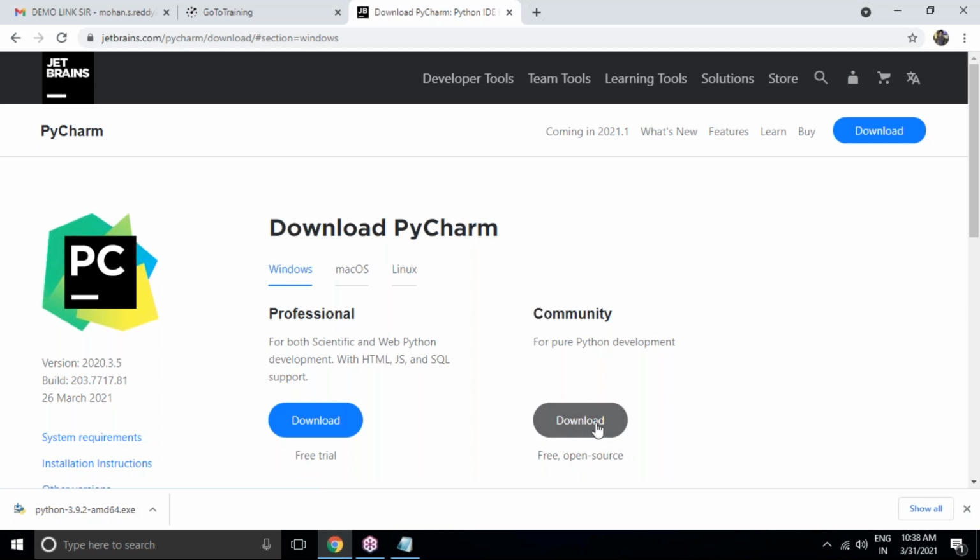Right now I'm going to do this one only because it's completely core and advanced Python purpose. Later when I start Django applications, I will install this professional editor. Now it is free and open source. Once you click on this community version, then what will happen, you can see this, you will be able to get